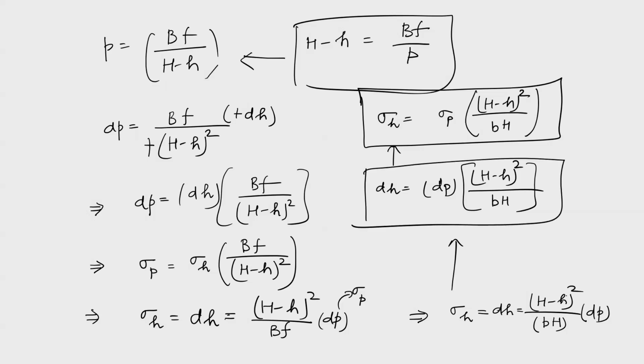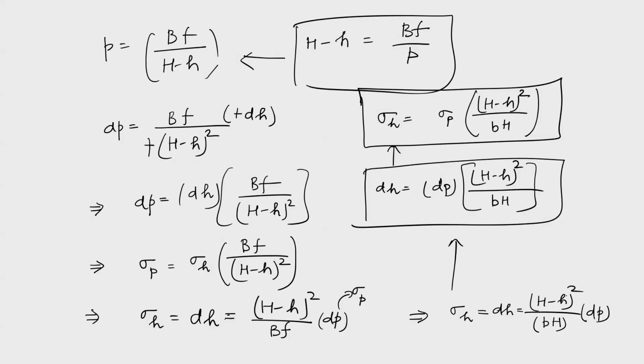So there I have two expressions, and in the books it is written as unit height or unit change method. In fact, it is nothing but unit change. I try to find out what if I make a unit change in the parallax, so what will be the change in the height? And that's why they name it the unit change method. But in fact, we are just doing a differentiation, or we are using the law of error propagation to find out the error in the height measurement given the error in the parallax measurement.